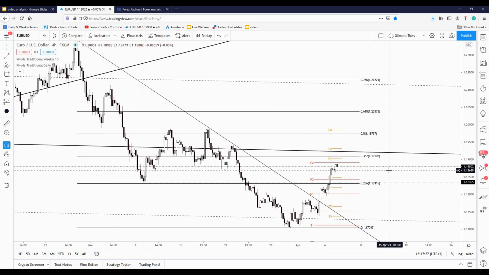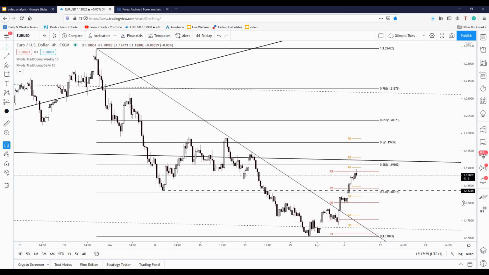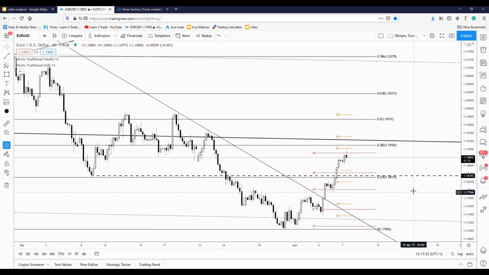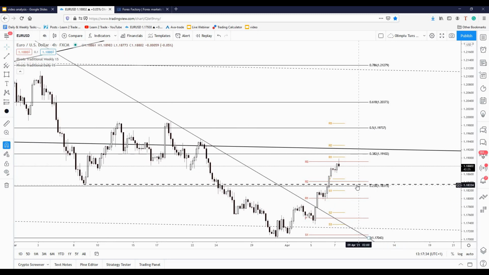Okay, so as I've told you yesterday in my live webinar, euro versus the US dollar could continue to increase, could resume its rebound here if it will close right above this static resistance 1.1835, and if it will close and stabilize right above the R2 weekly resistance 1.1842. So the price has registered an aggressive breakout here above this static resistance area, signaling further growth in the short